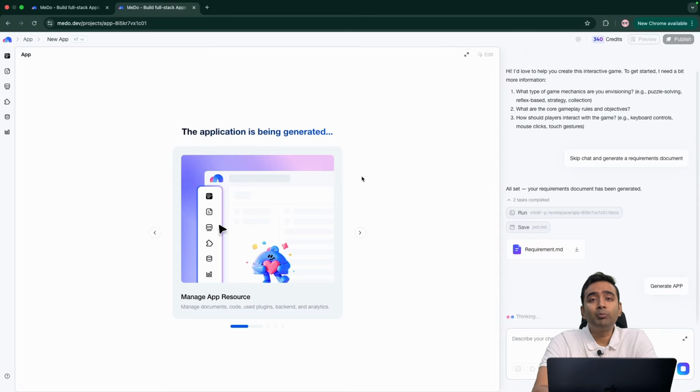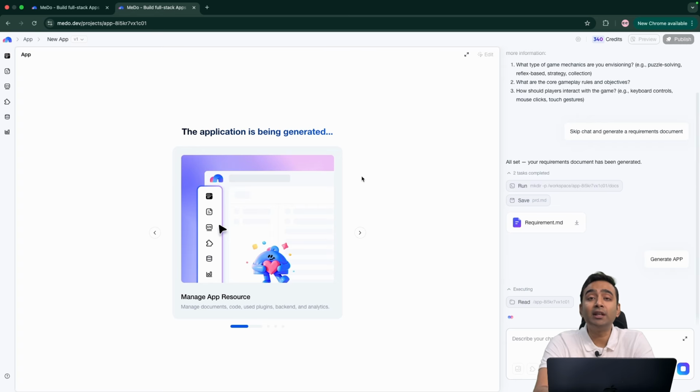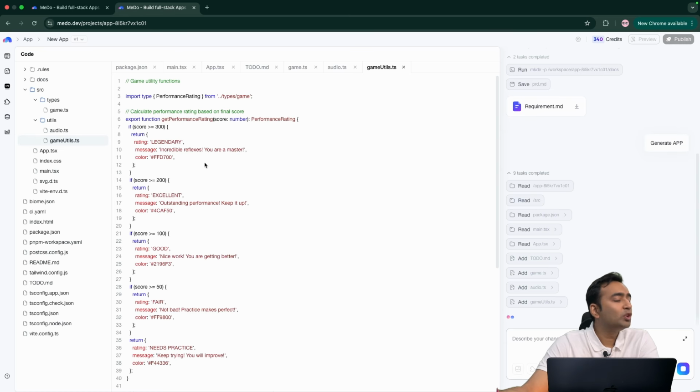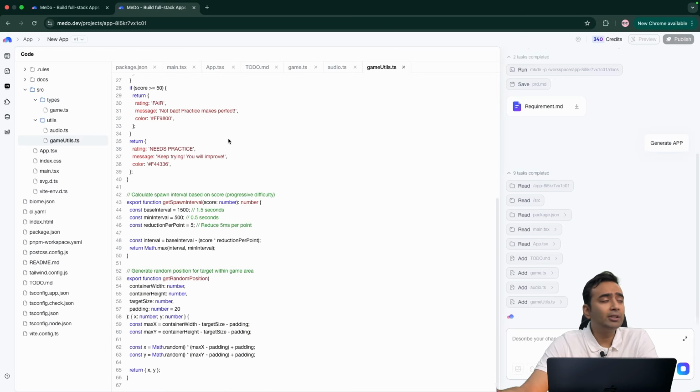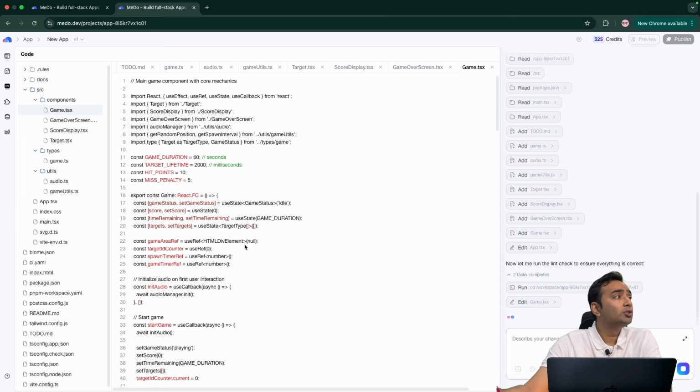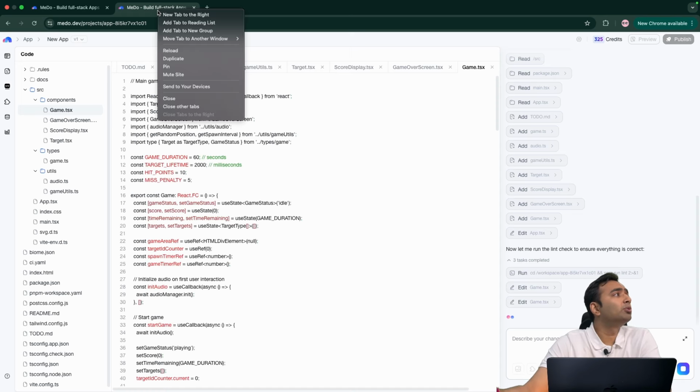So this is the best part because you can generate as many apps as you want parallelly. You don't have to wait for the first app to generate first and then you can go to the next one. No, you can generate the apps parallelly. So if you see here, it has started generating the code. So I'll wait till it completes all the coding part here. So by the time this is also generating, let's go to another tab,